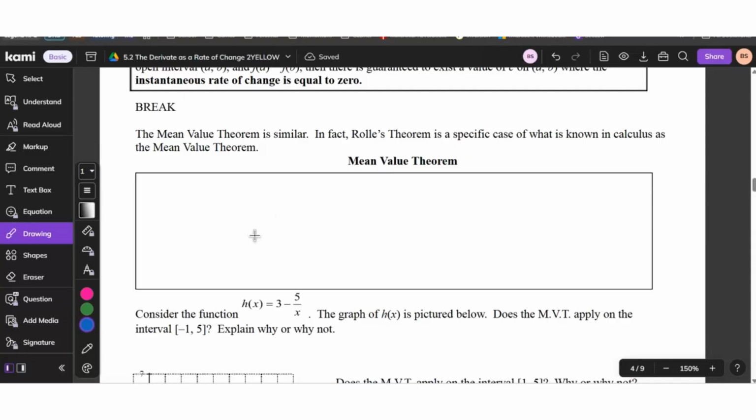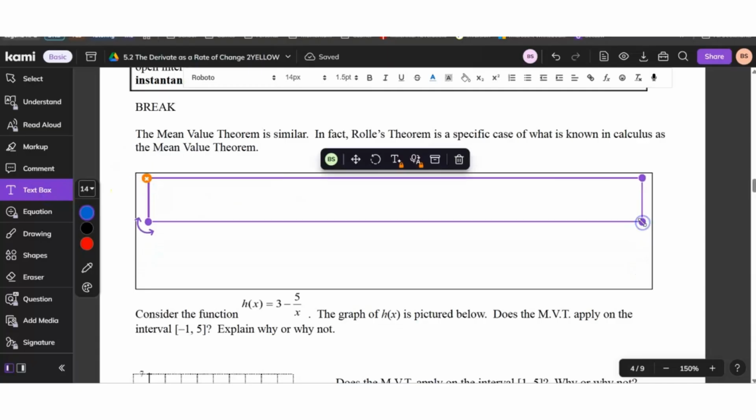Okay, mean value theorem is very similar. In fact, Rolle's theorem is actually just a special case of mean value theorem. So, what is mean value theorem then? Let's write it down. If f of x is continuous, because it's calculus, and that always has to be true, on our interval AB. And remember, for continuity, we include those endpoints. And if it's differentiable on the open interval AB, because we can't differentiate an endpoint, then there is guaranteed to exist a value of c on that same open interval